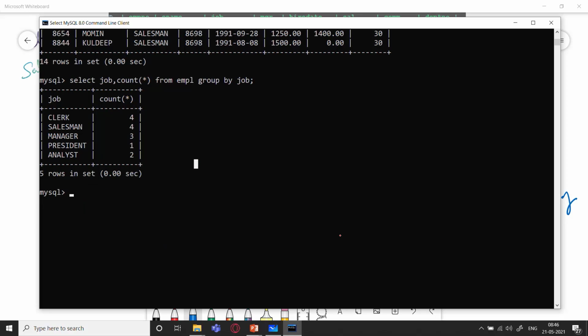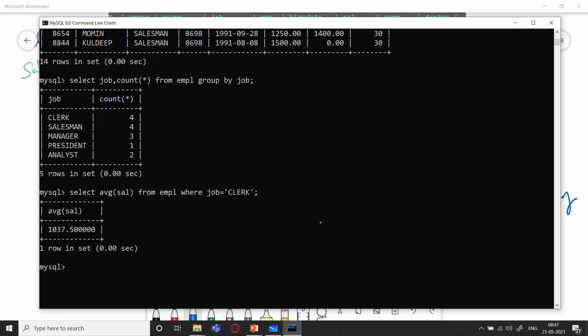Let's try this out. Select AVG salary from EMPL, where job is clerk. We got this answer.